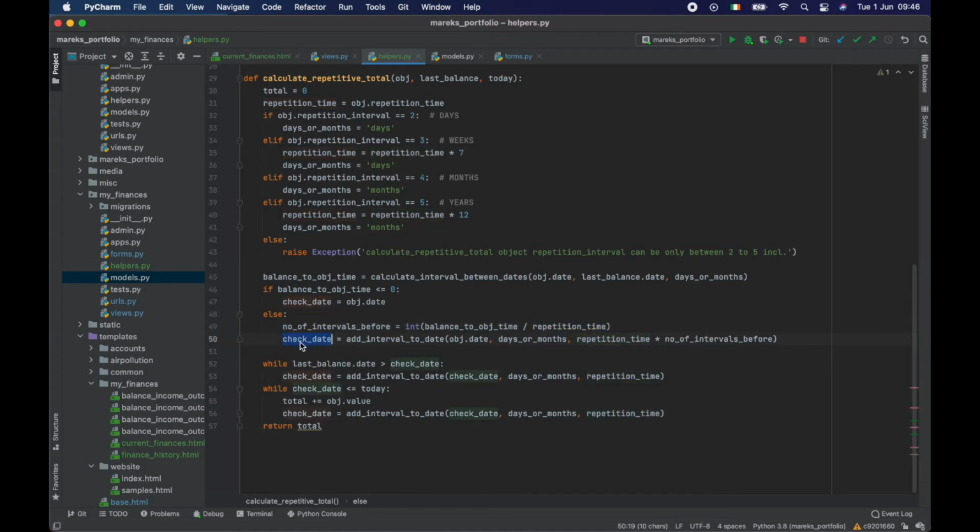Okay, so then what I do here, instead of just going with object date, is I add to date to that object date, and I specify if it's days or months, and I specify what is the number I want to add. So how many months or days I want to add to this